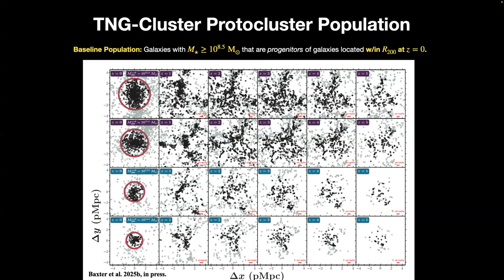So we take all of the galaxies with a stellar mass greater than 10^8.5 at redshift 0. And then we go back in time and use the merger histories, and every galaxy above that stellar mass limit, 10^8.5, that either merges or gets stripped or remains and resides within this R200 at redshift 0,